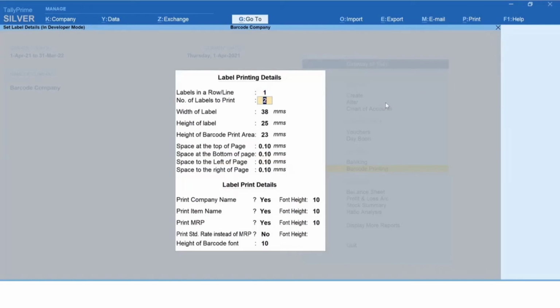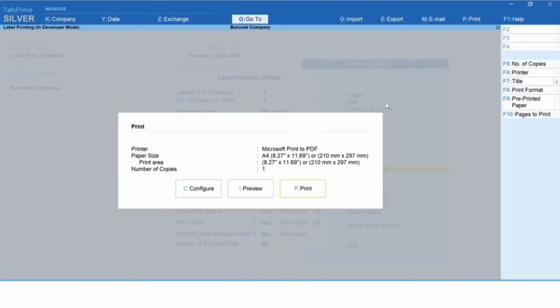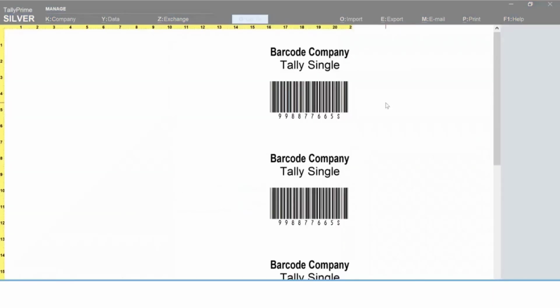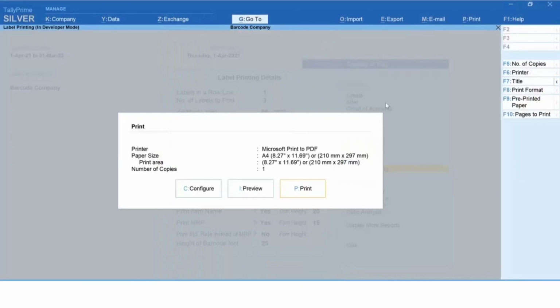Labels 1, number 3, height as 50, width as 50, height as 70, print area 50, company name 20, item name 20, MRP 15, standard price not required, and barcode height 25. Rate is not coming because rate is not mentioned in the item.